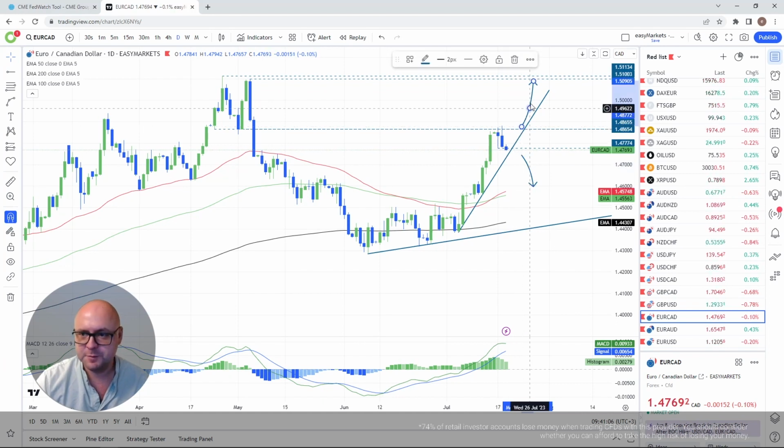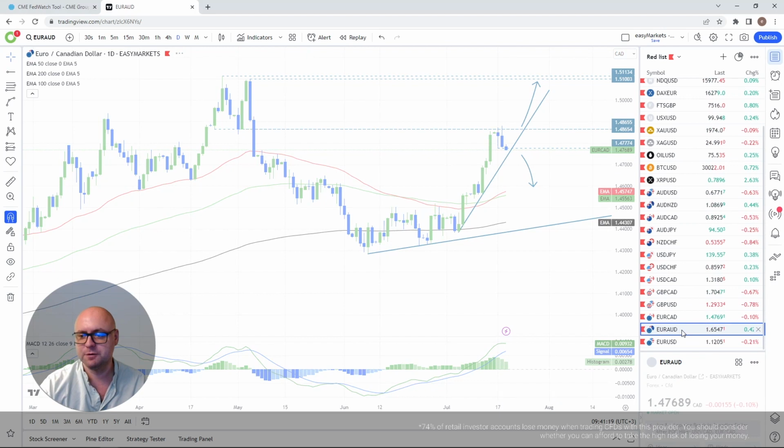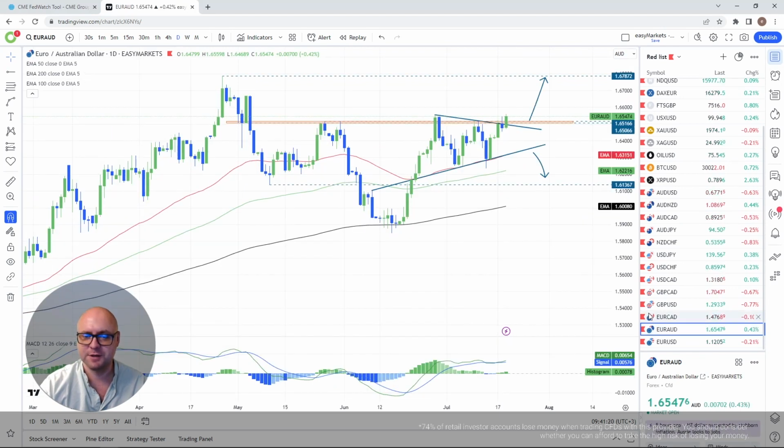In terms of the upside here, I would say if we do pop up into the 1.4865 territory somewhere around here, that's going to be my cue for aiming for some higher levels. Euro Aussie, so beautiful push, and I talked about this, and there we go. We are clearing this move right now, this area, this 1.6516 territory, something like that, and yes, we're pushing